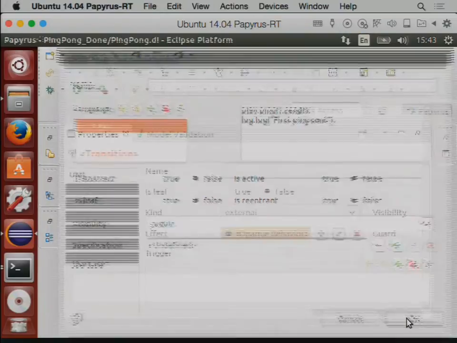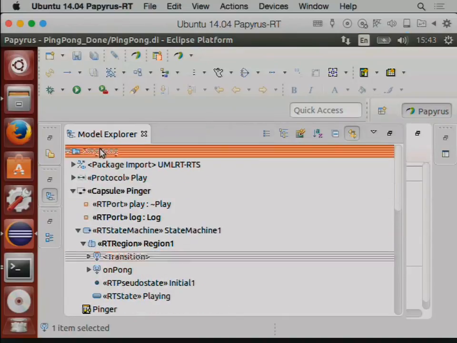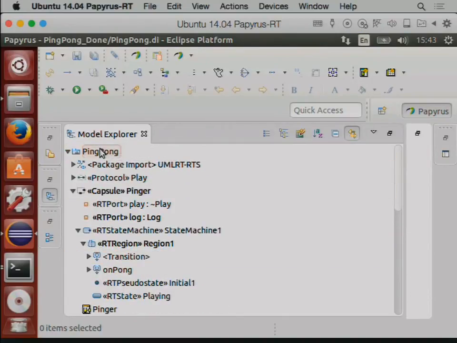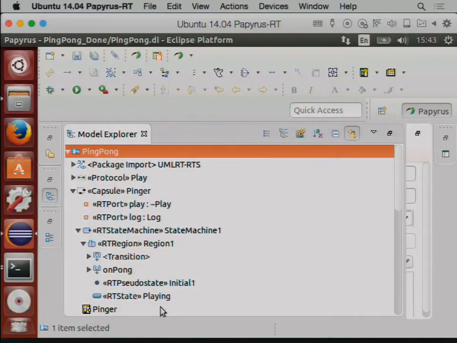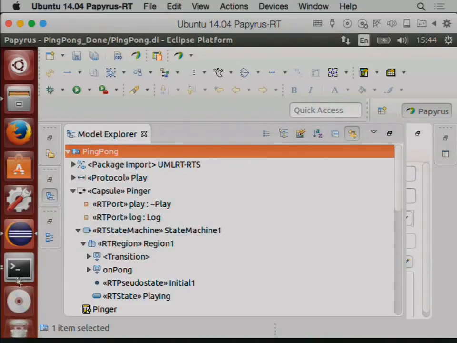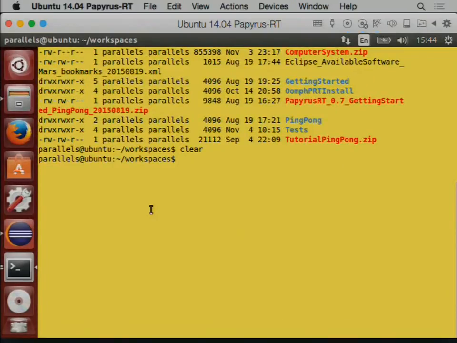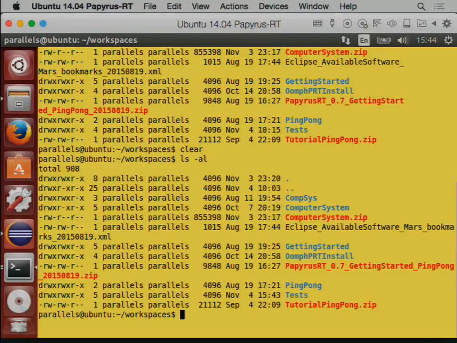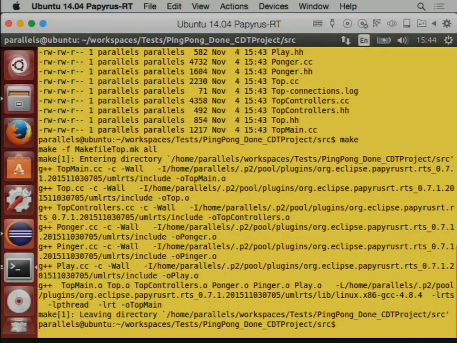Well, I don't know if I've got time to actually run this, but I can show. So now if I wanted to actually generate the code, I can just right-click on this and run the code generator. It took 361 milliseconds to do this. And now I'm going to go to, not this one, the other one. This one. So that's the code that was generated. No, that's not it, sorry. That's the code that was just generated. I can just make it